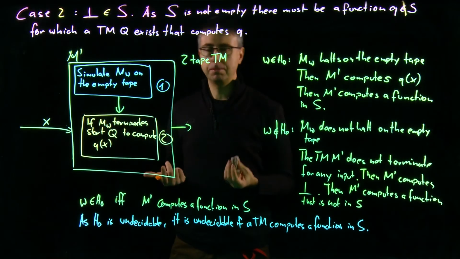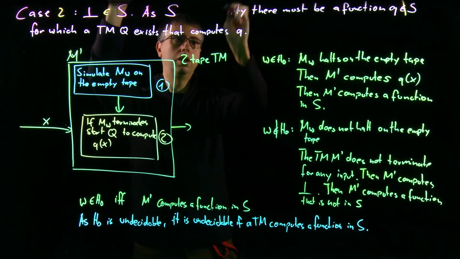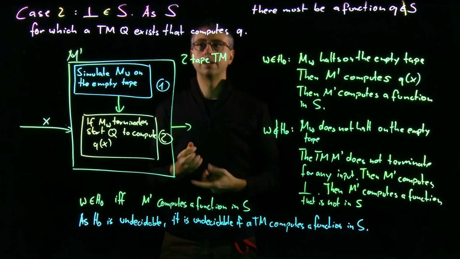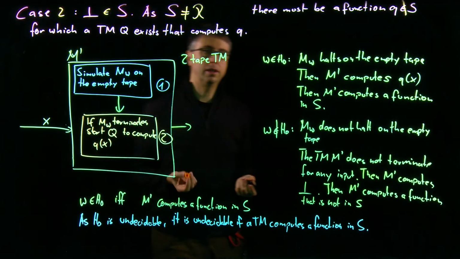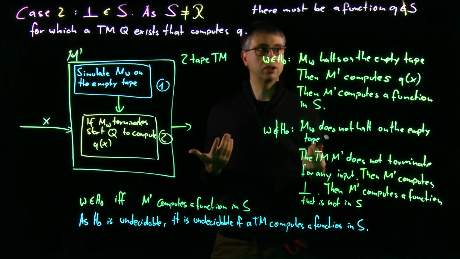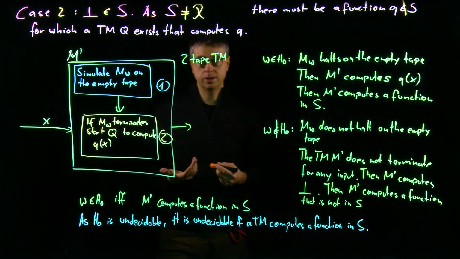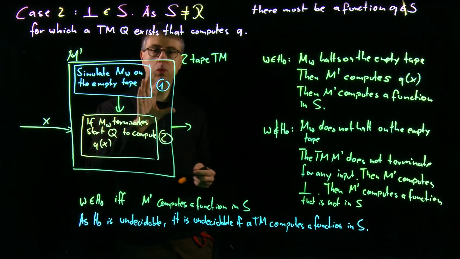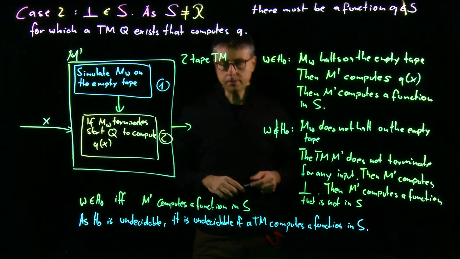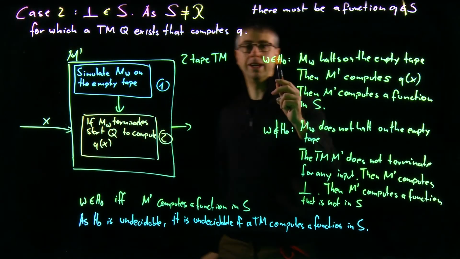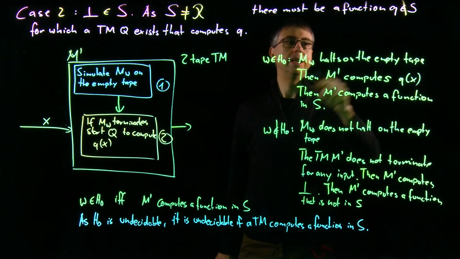And the reason why there must be a function that is not in S is that S is not the set of all computable functions. As S is not the set of all functions, there must be a function that is not in S, and it's still Turing computable, so we have a Turing machine that computes this function. And now we keep the very same construction for the Turing machine and see what happens. So in this case, if W is in H0, it still means that this Turing machine